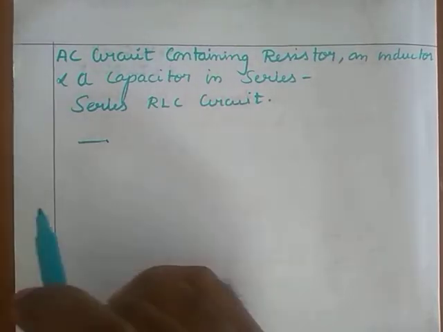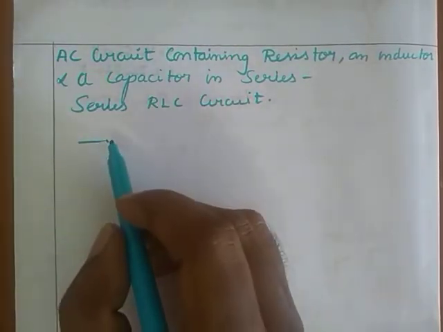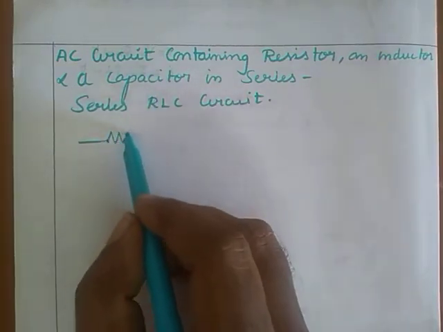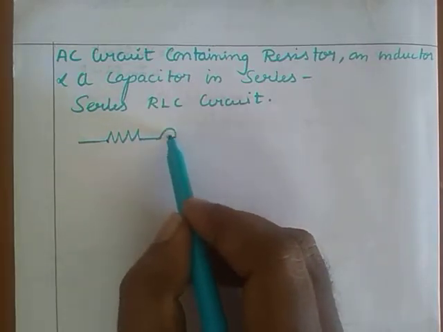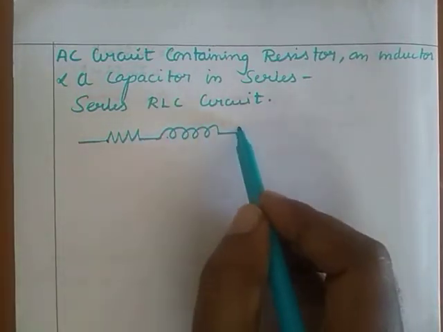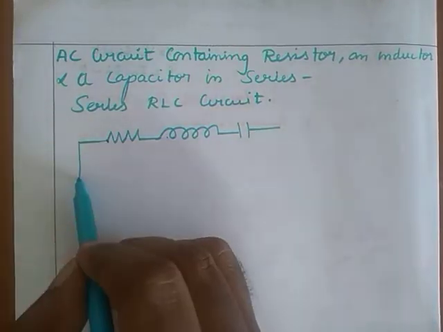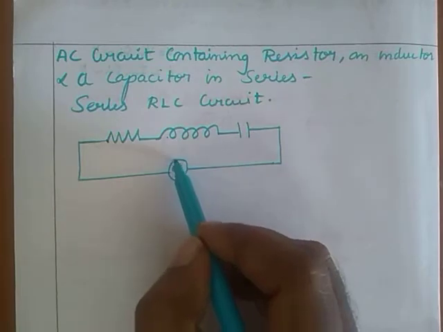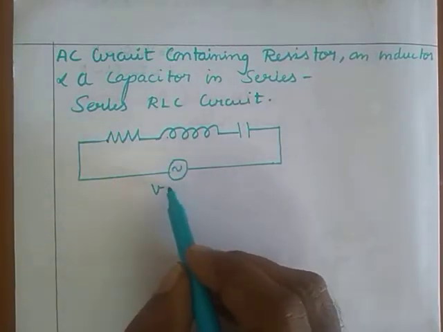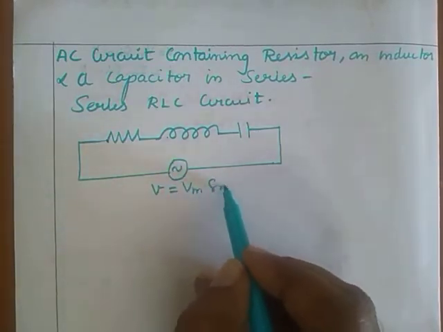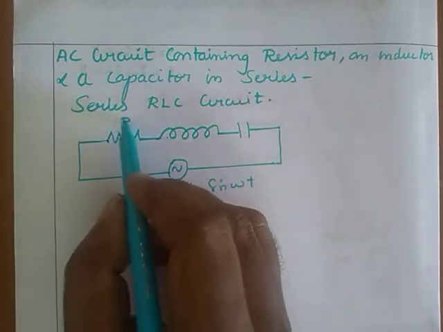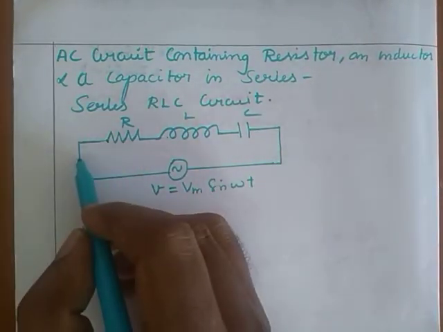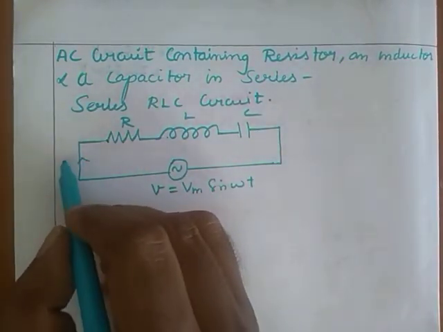Containing AC. So here I am considering the resistor of resistance R, inductor of inductance L and capacitor of capacitance C that are connected in series across the alternating voltage, that is V is equal to Vm sin omega t. This one having the resistance R, inductance L and the capacitance C. After the connection, I is the current flowing in the circuit.